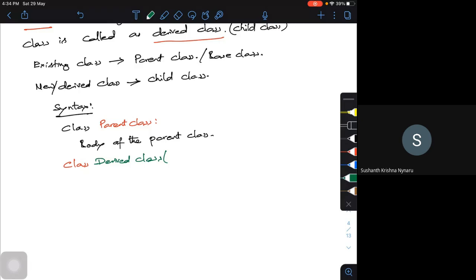I have to put the parent class within the brackets. Parent class, then the body of the derived class. So this will be a simple generalized syntax.